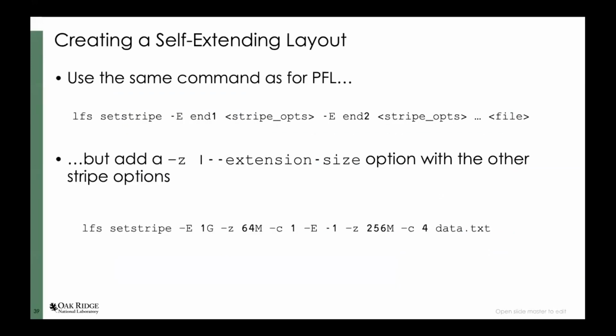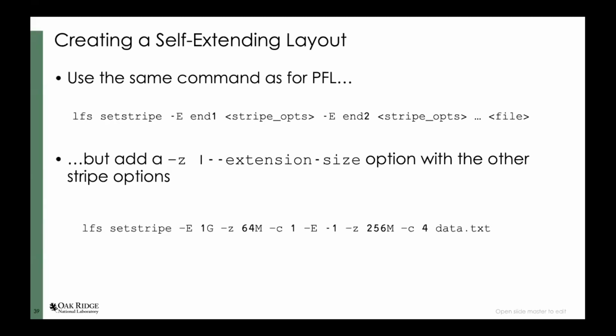And creating a self-extending layout is really the same as for a PFL command. We use a set stripe, but the one thing you add to it is this -z or --extension-size option that tells it how much to extend that extendable component each time it hits the end of it. So in this case, I create a file where the first component ends at 1 gigabyte, and I set the extendable amount to be 64 megabytes and stripe count 1. So that first component would keep getting extended in 64 meg chunks until it hits the end